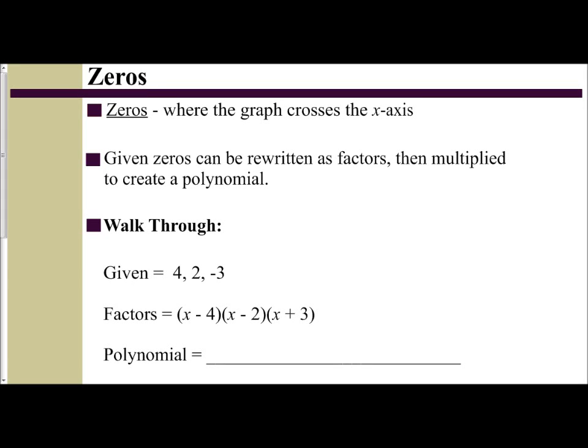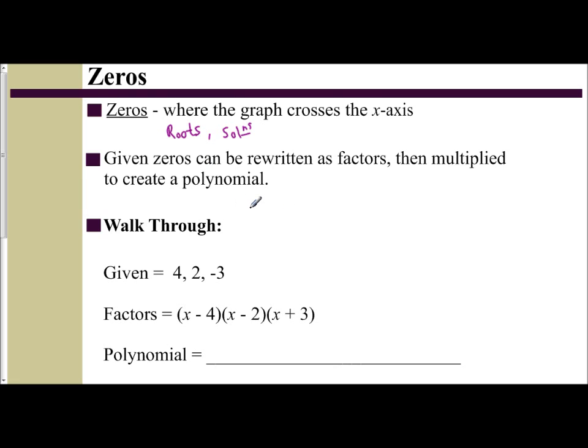In this video, we're going to look at how to create a polynomial when given the zeros of it. Remember, zeros represent where the graph crosses the x-axis. Zeros represent the roots. Zeros represent the solutions. All those are interchangeable for us. So if we're given the zeros, we can write the factors and then multiply them out to get the polynomial,